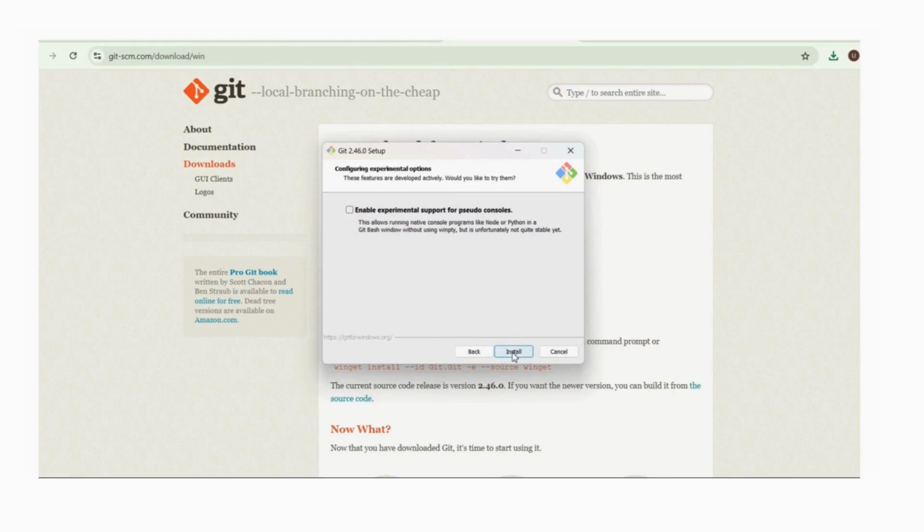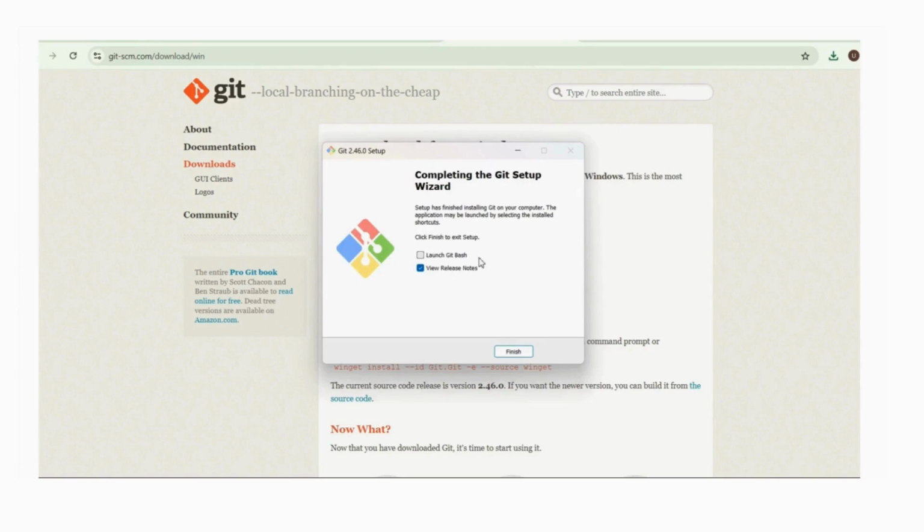Now click on the install button for installing Git in your system. It takes a few minutes, so just wait. Yeah, it's finally installed.